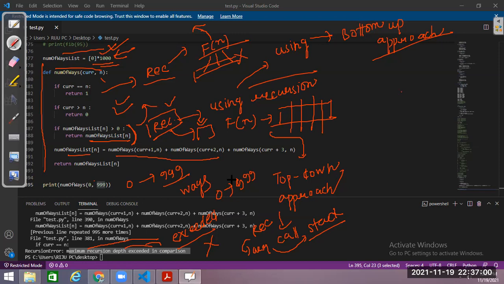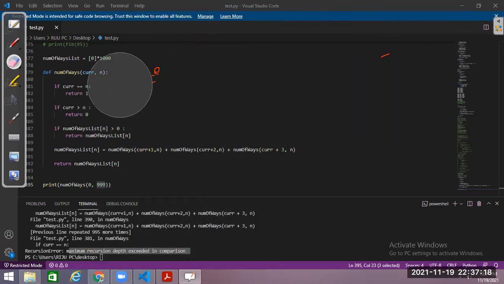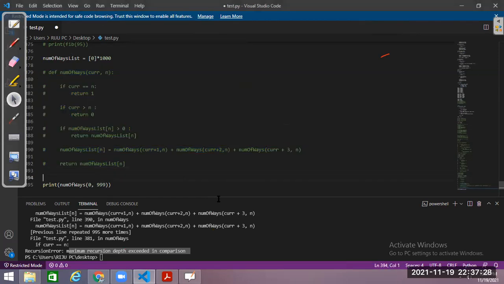Now the problem has arrived. So what can we do in this case? Let's do one thing. Let me comment it out. There is no requirement of recursive functions anymore. Why go for it if it cannot even solve the problem? How can I go from 0 to the 999th floor? Tell me one thing.